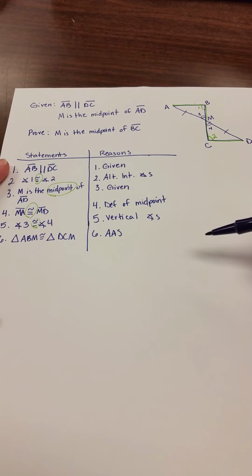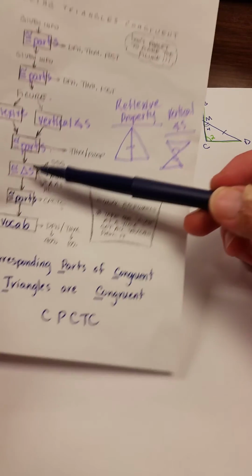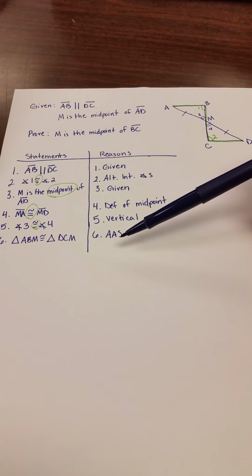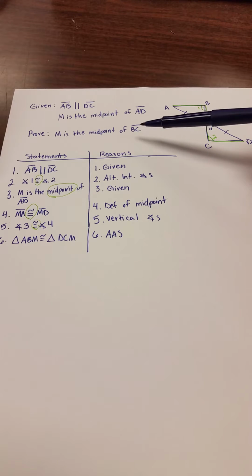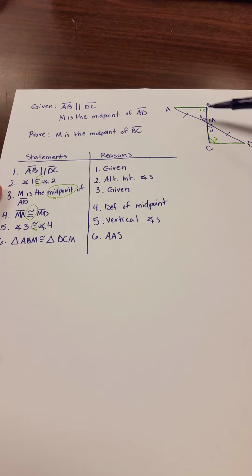And this is where we've stopped from here. Okay, we've gotten all the way down to this part. This is where we'd stop. Well, now our next two pieces come in. We are not just trying to prove that these triangles are congruent. We're trying to prove that M is the midpoint. So because these two triangles are congruent, that means all of their corresponding pieces are congruent. So if this triangle is congruent to that triangle, that means BM is congruent to CM,